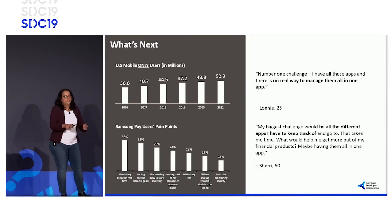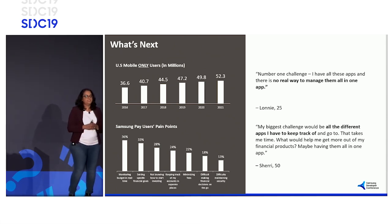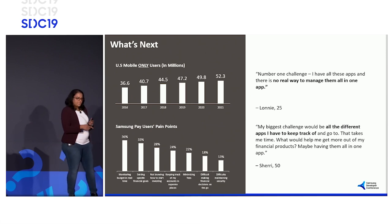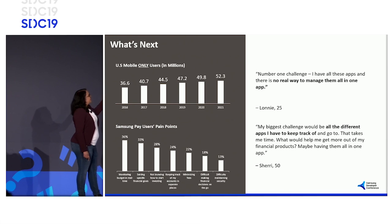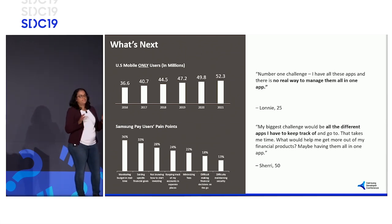Now that we've met that goal, we're in 2019 and looking for the next challenge for Samsung Pay. In this regard, I'd like to call your attention to two charts here. The one on top is talking about US mobile usage. The one at the bottom is a survey we conducted of the Samsung Pay users. So if you look at the chart on top,